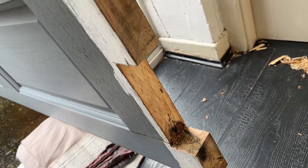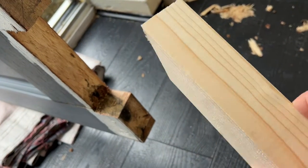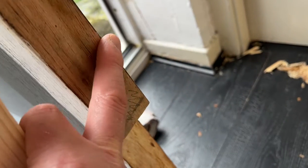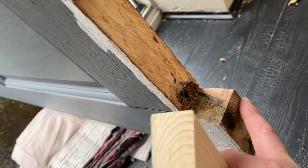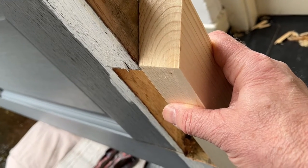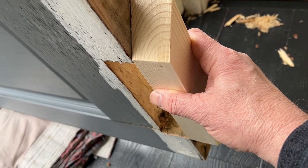So it's a case of door back on, off to B&Q, found some 44mm square. It's only soft pine, but it'll have to do. And so I'm going to see if I can rebate it in. So mitre there and a mitre here, and hopefully we can get it something like that. We'll rebuild the majority of the missing timber, but not ideal. But limited tools, limited time,